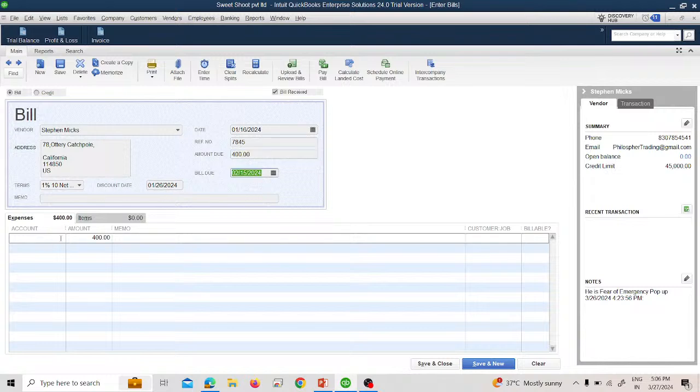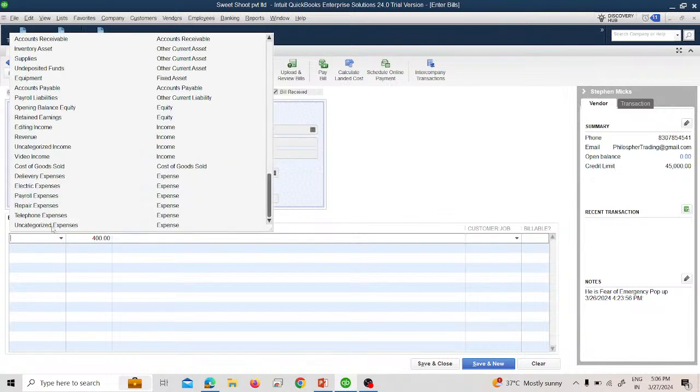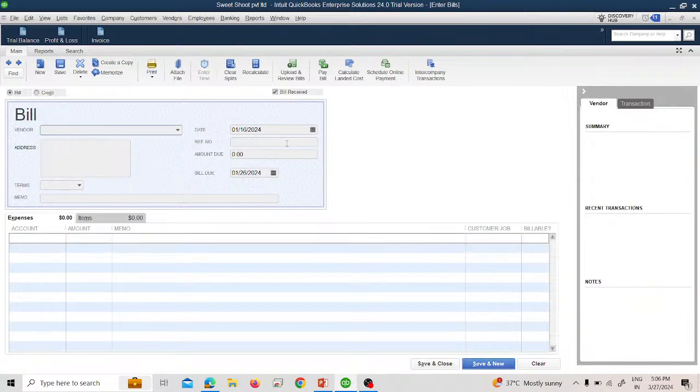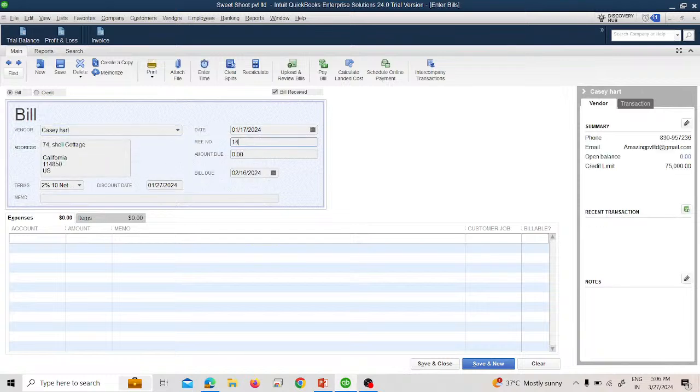He provided a service, the electricity expenses. Just again Save and New, and on 17th of January, Mr. Cassie Hart with a reference number of 1478 and an amount of $200